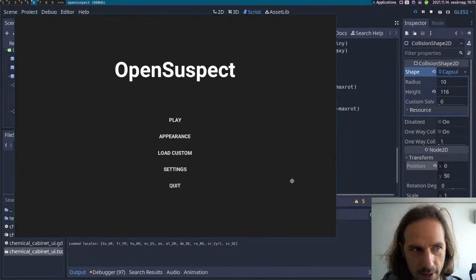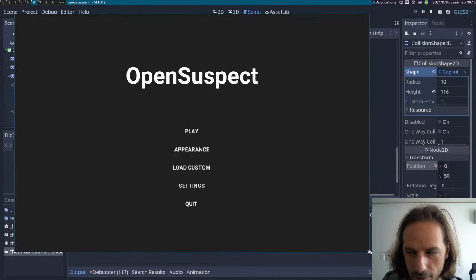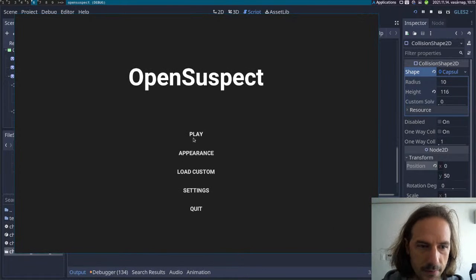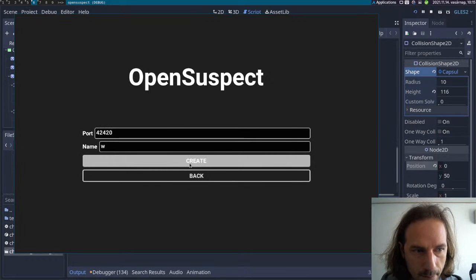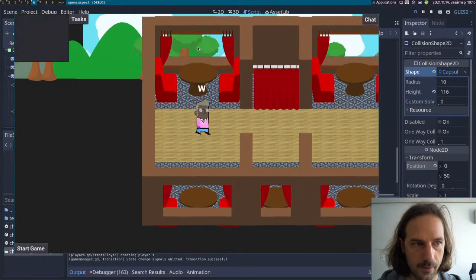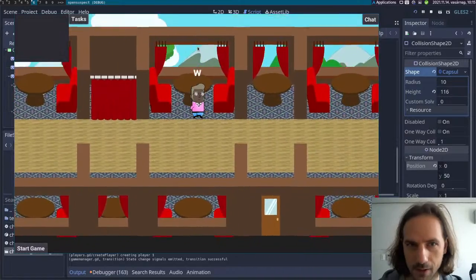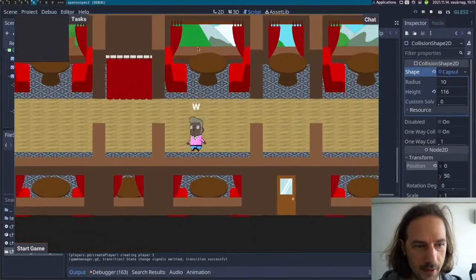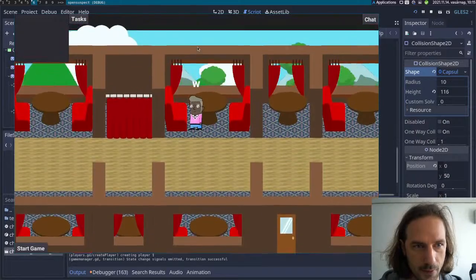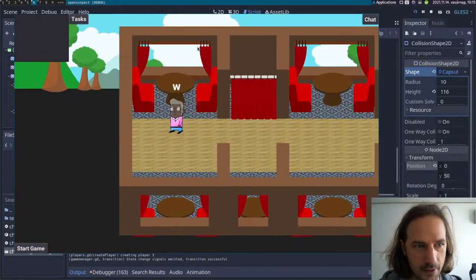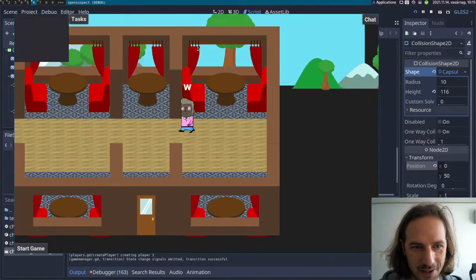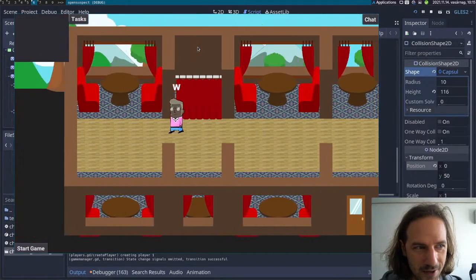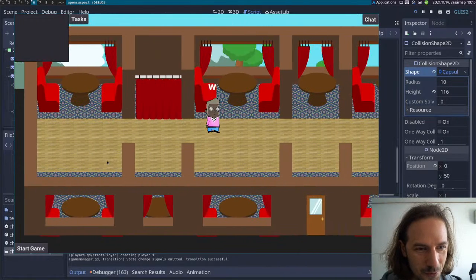And so OpenSuspect, I can actually resize the window and everything is going to be resized with it. Okay, this is how we look. Wow, is it because I resized the window that now I can see the outside of the train? Looks super weird. Anyways,